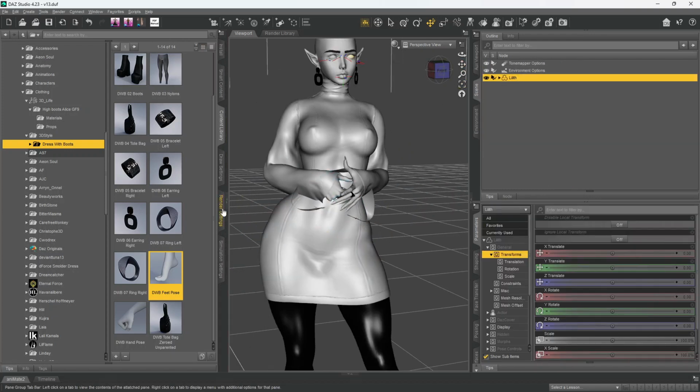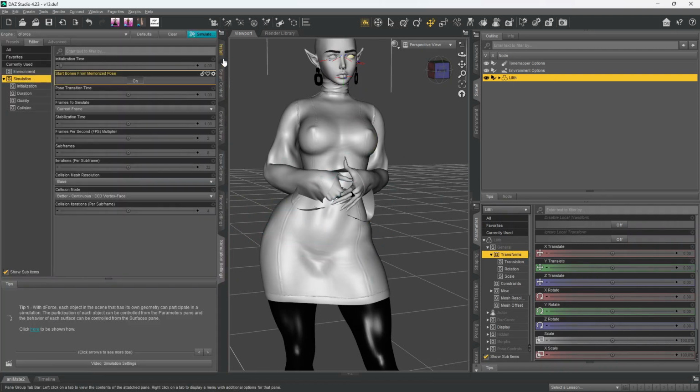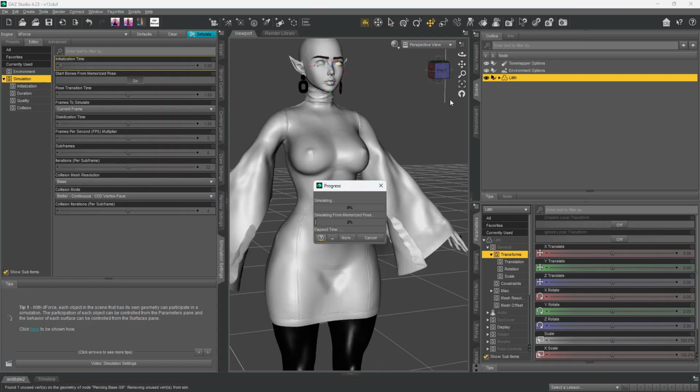So what I'm gonna do now, we're gonna go to the simulation settings tab. I'm gonna make sure everything is like this. You can change it depending on your render, and you can investigate around and see what worked best for you. But for me, I just keep it like this. And we're gonna hit simulate, okay? So what that's going to do is basically apply